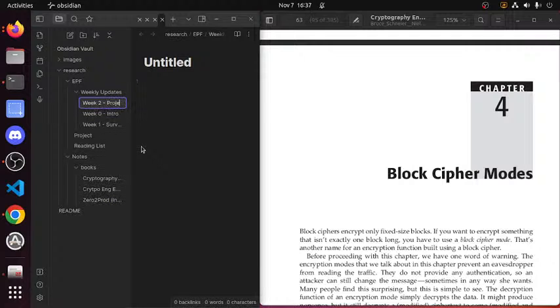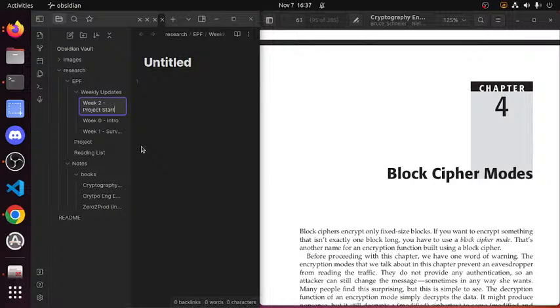Project start. I've got to stop putting so many spaces in all of this, but it's too much of a pain. I can't use two words, so maybe commence, or intro. What should I call my week 2 note? It should be like weekly updates, intro, survey.